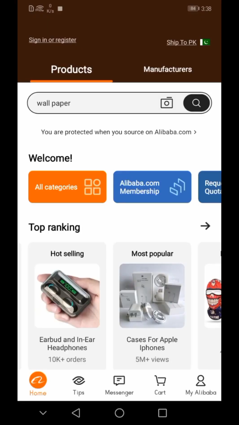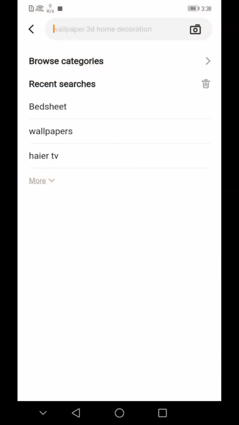My topic: how we buy tea, tissue roll from Alibaba. So first of all, you have to install the Alibaba app. After that, you have to open the Alibaba app and search here in the search box. Here you can see that I'm writing here